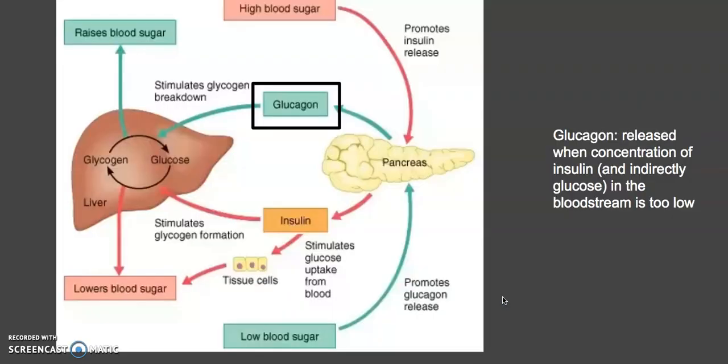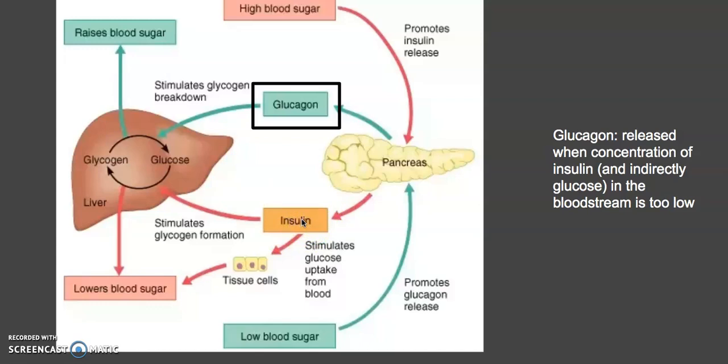So glucagon is released not actually directly in response to sugar levels in the blood, but actually in response to levels of insulin in the blood. And why can the body do that? So it's much easier to track insulin in the blood than it is actually to track sugar in the blood. And this serves as a proxy. So the level of insulin in the blood is pretty similar to the level of sugar in the blood, because